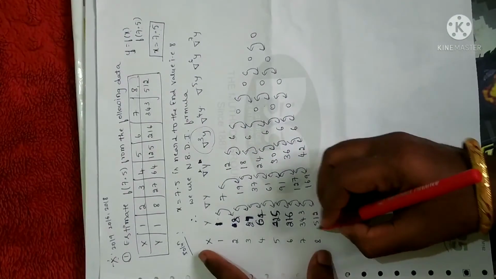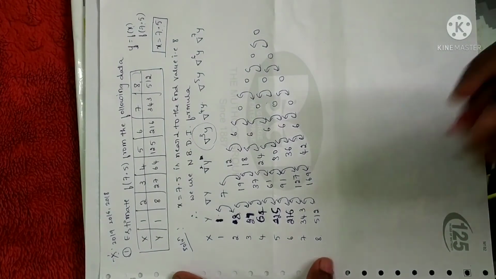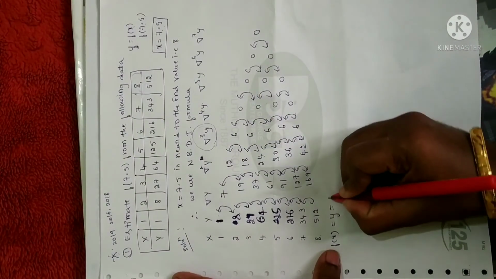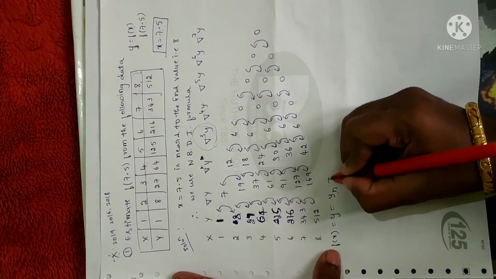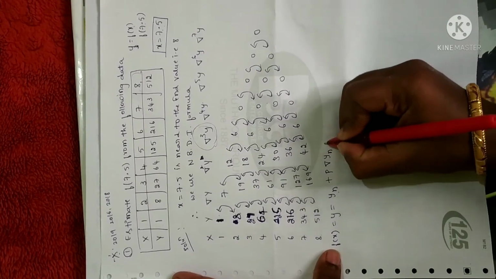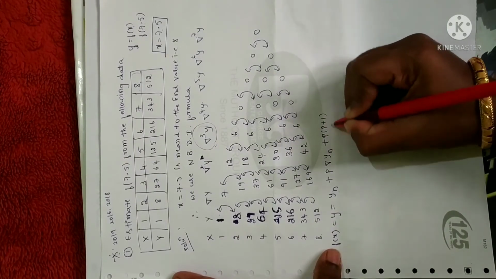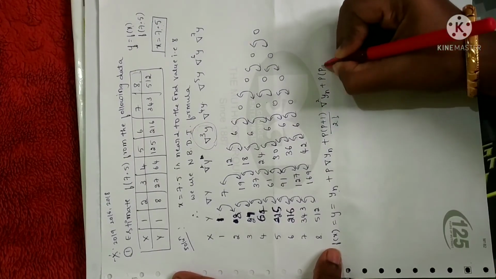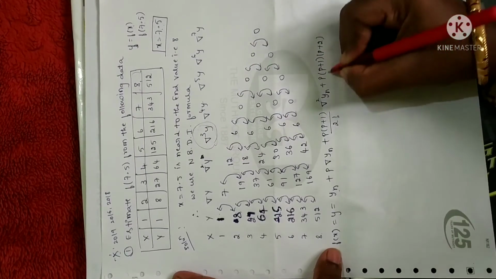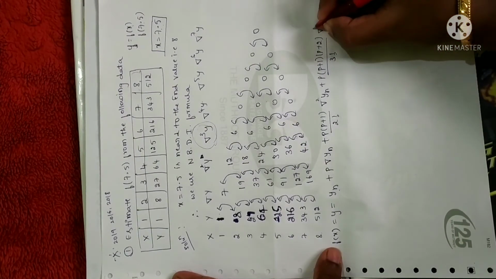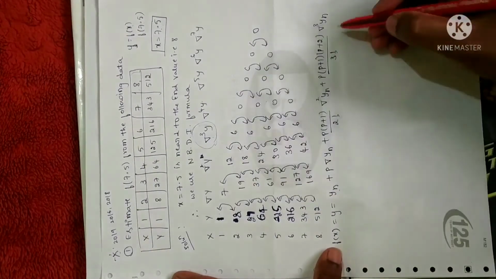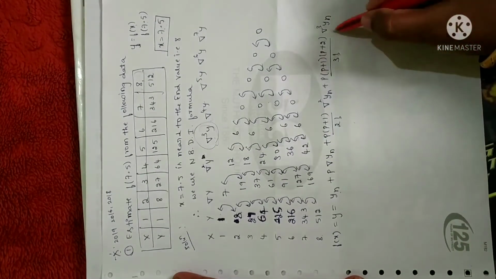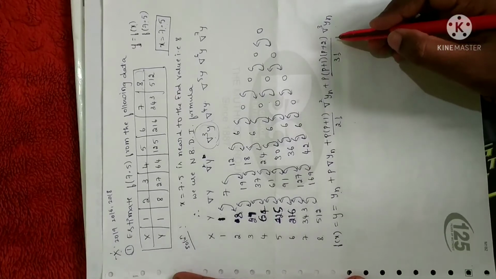So, I have given a formula. You just go through the formula list and write down the formula. I'll write the formula up to delta cube y. f of x is equal to y is equal to yn, because it is backward difference, plus p into reverse delta yn, plus p into (p plus 1) divided by 2 factorial into reverse delta square yn, plus p into (p plus 1) into (p plus 2) divided by 3 factorial into reverse delta cube yn. It is sufficient to write delta cube yn, because we don't have delta power 4. Suppose if you write delta power 4, 0 will be there, so 0 into that term will become 0. That is why I have written only delta cube yn.